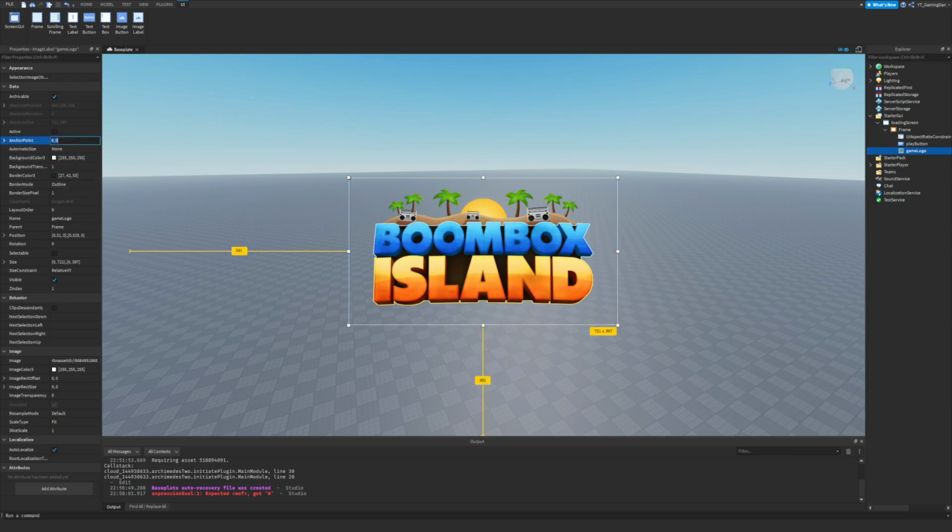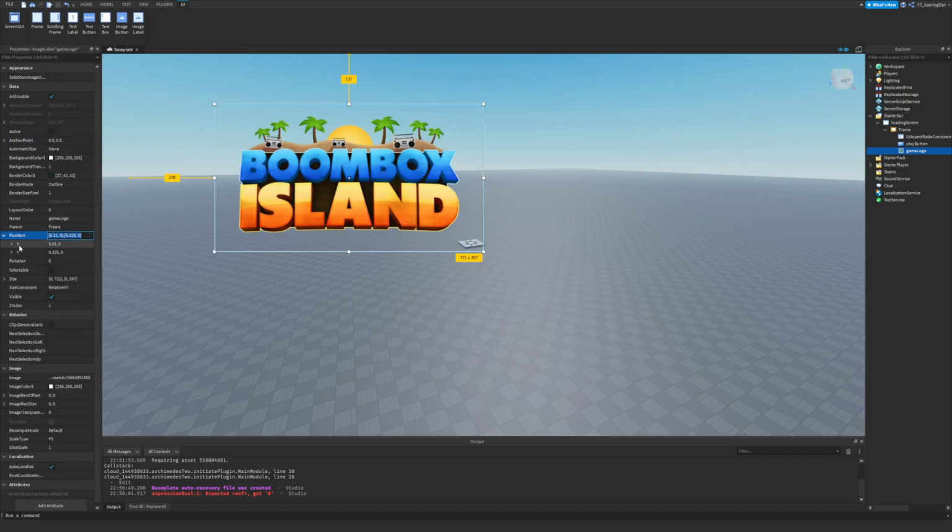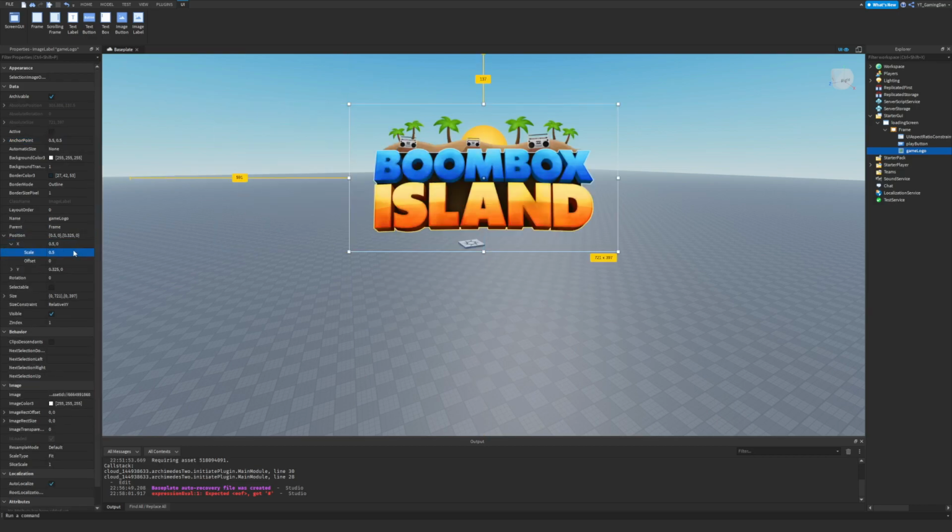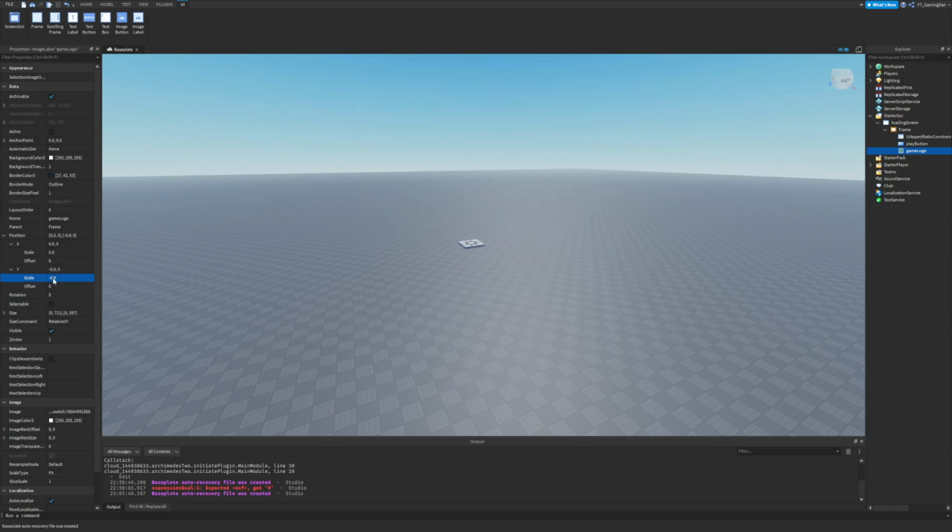So what we want to do here is set the position to 0.5, 0.5, making this 0.5 on the X, and also we want to position this off the screen. So I'm going to do Y minus 0.9 right now, guys, so that's completely off the screen. For the size, I'm going to make it a nice little size over here. I don't want it to be offset, so offset 0. I'm just going to put the scale to